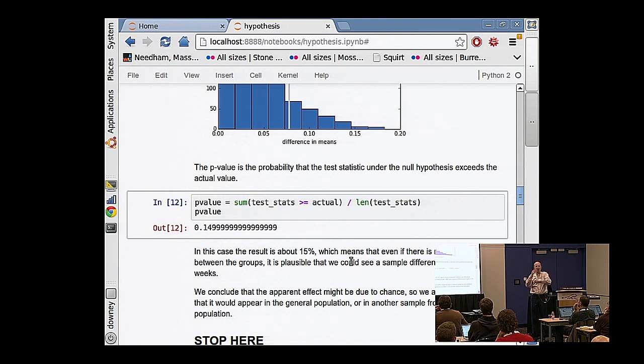And if I flip that logic around, what that means is that the effect that I saw plausibly could be explained just by random variation, which makes me think that it might not be true in the population, and if I ran the experiment again, I might not see the same effect. Make sense? So that's what a p-value is, and what I just said verbally is a way to interpret p-values, a way to summarize what we have learned by computing a p-value.